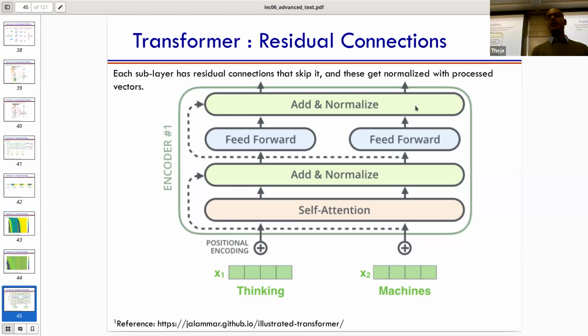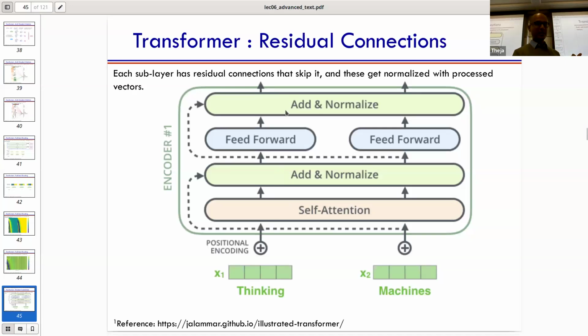The rest of the encoder block is a little bit straightforward, but has some tricks or some ideas in there. So this is the rest of the encoder block. What we've spent so far before the break is only this orange block, right? Self-attention. So what else is there? Each sublayer has residual connections that skip it. So what is the sublayer? The self-attention is a sublayer. The feed forward is also a sublayer. Remember, those are the two sublayers in my encoder unit when I was showing it illustratively earlier. So they also have residual skip connections.